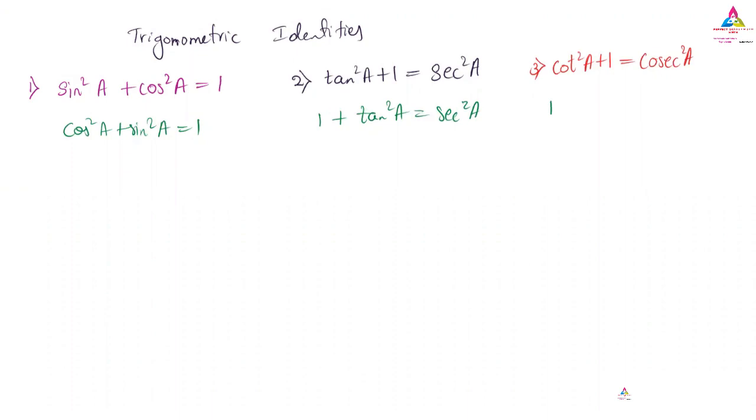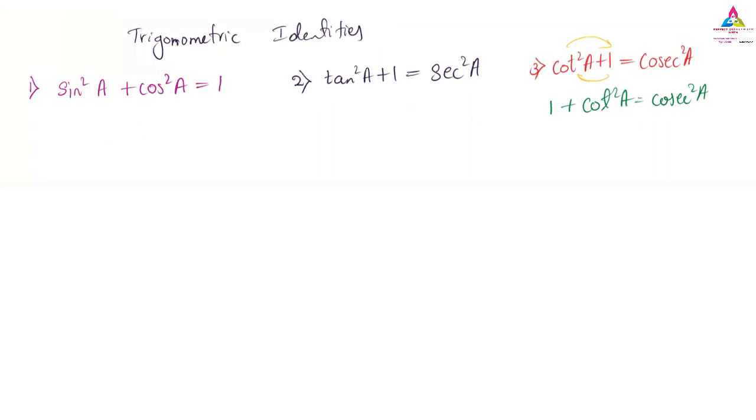Similarly, here I can write down first 1 plus, then I can write down cot square a, that is equals to cosec square a. It is the same formula, same identity what we have. Only we have changed the terms here and there. We have changed the terms because it is an addition in between them. So the formula won't make any changes. So this is not the big issue for us. So you can write it down or you can understand it better. But now what I'm saying, we have to concentrate more.